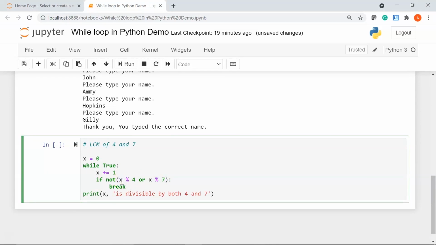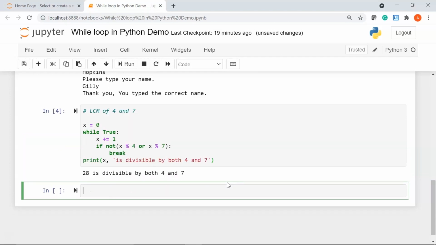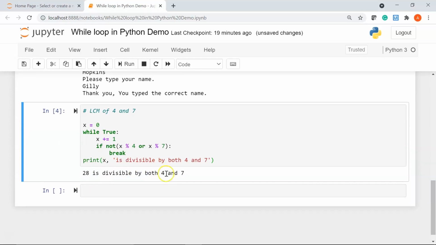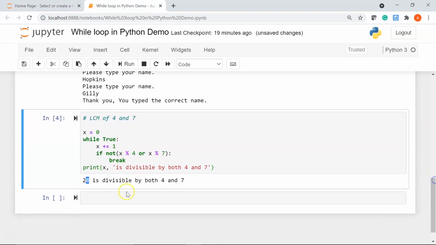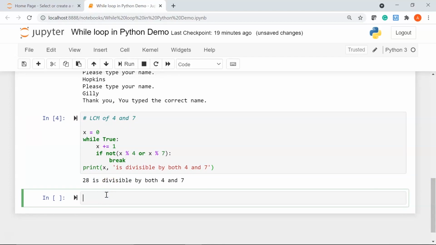Now at the first instance, when my number x is divisible by both 4 and 7, I am coming out of the loop and we are going to print this. Now let's see what's the answer. There you go. You can see here 28 is divisible by both 4 and 7, and hence the LCM of 4 and 7 is 28. So this is the least number which is divisible by 4 and 7. Alright.